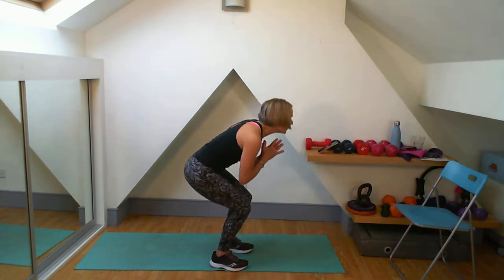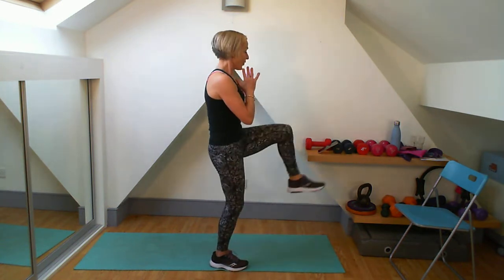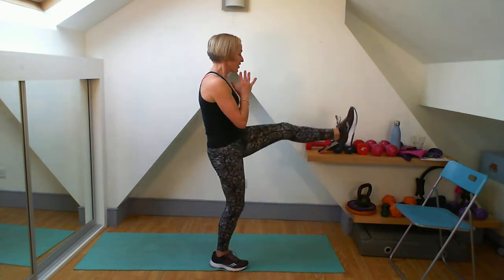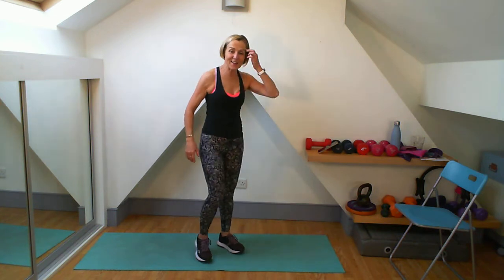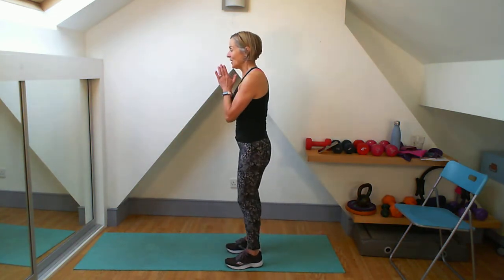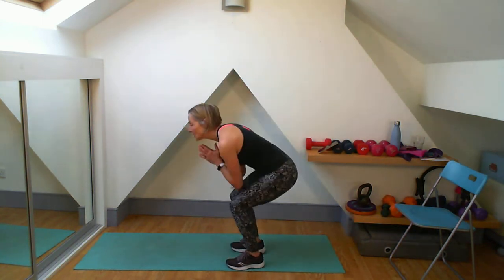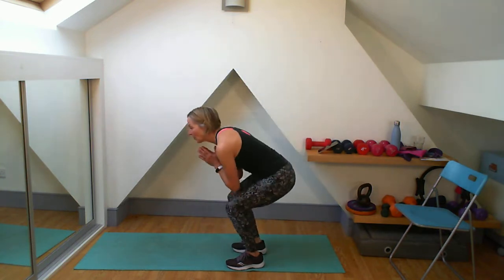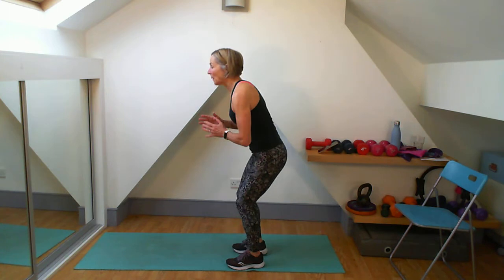5 to go. 5, 4, 3, 2, 1. Good work. 10 off, and then we go again. Okay, 4, 3, 2, 1. Get my squat, get my kick out. Good. So again, nothing too violent on those first few, because remember, it might be a little bit tight on